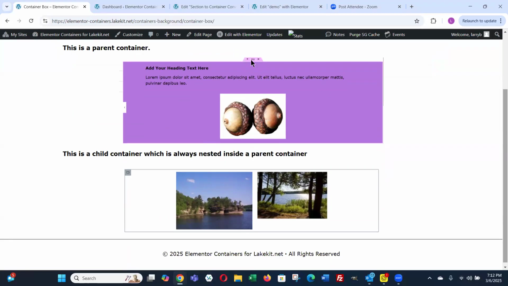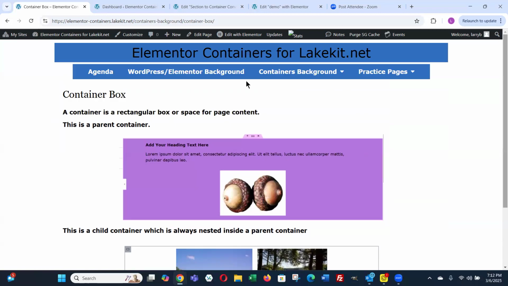It has the three icon tab at the top, but when you hover over that tab, it says container instead of section. And then instead of having columns, now we have child containers, so you can put as many child containers as you want into this parent container. But that child container is indicated by a rectangle in the top left corner.